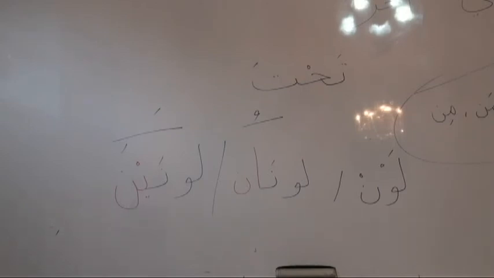Okay, white color. أبيض is white. أزرق. Fatima, what is أزرق? Blue. Okay, again. يوجد منه لونان أبيض وأزرق. Okay. هذا